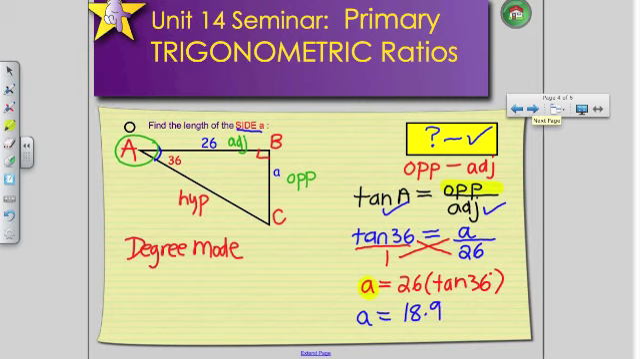Try to keep your final answer with one decimal place if you have multiple decimal places. Keep one decimal place in your answer. That's the one type of problem that you have to know for Unit 14. There's one more type of problem,